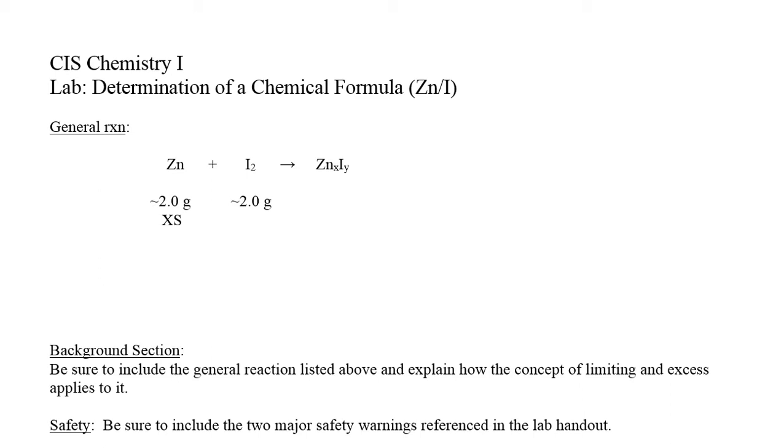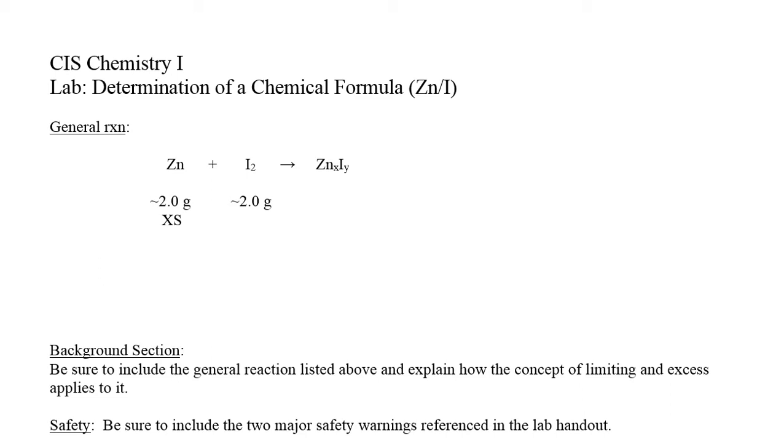In this lab, we'll be starting out with 2 grams of zinc and 2 grams of iodine. And we will use methanol in the beginning of the lab to dissolve the iodine. And iodine, when it's dissolved, will be kind of a soy sauce brown color. And as the reaction proceeds, as the iodine reacts with the zinc, we will see the brown color start to fade to kind of a yellow, and then the yellow will fade to pale yellow, and eventually it should be